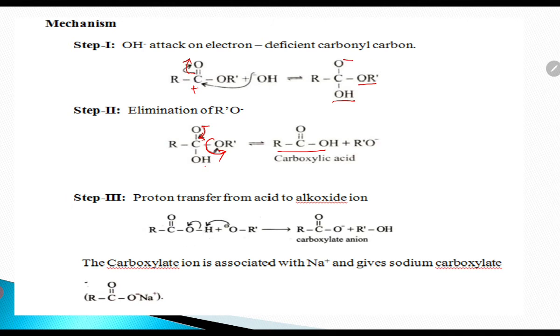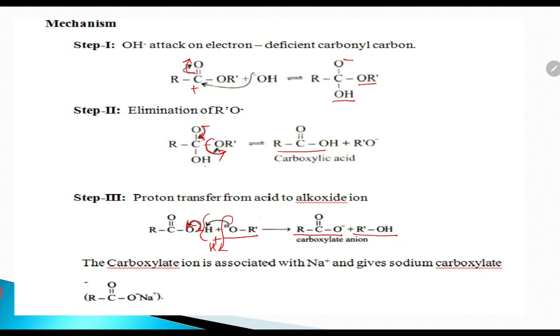The alkoxide ion RO minus abstracts a proton, that is H plus, from the carboxylic acid. The electrons between the oxygen and hydrogen shift onto the oxygen, and the hydrogen is lost as H plus. This O minus attacks the H plus, giving rise to the carboxylate anion, and alcohol is